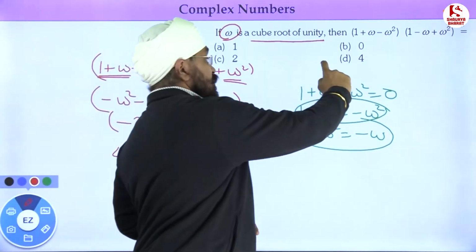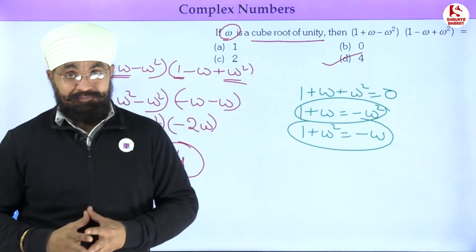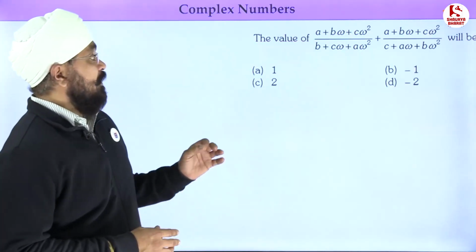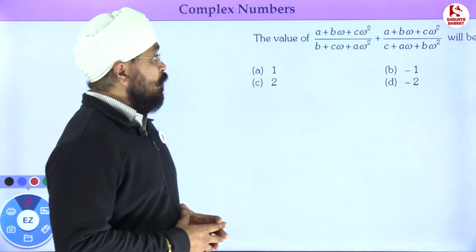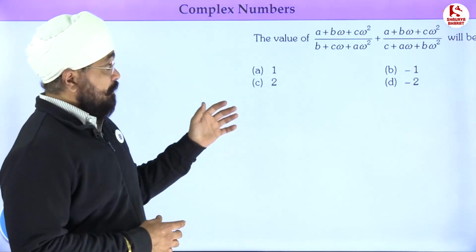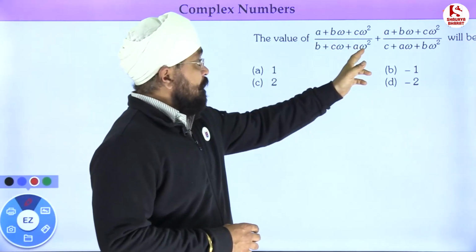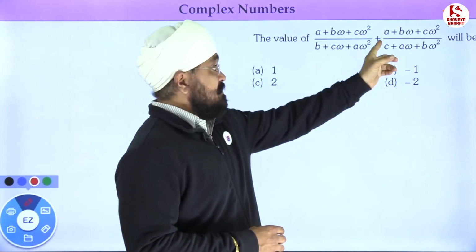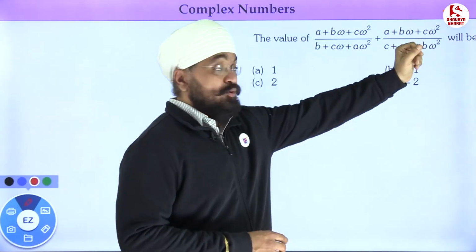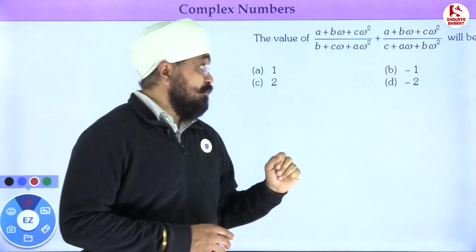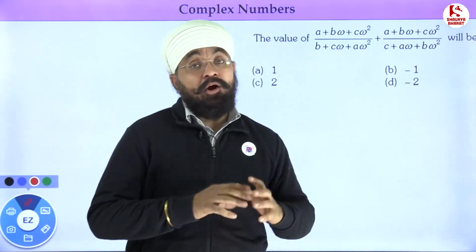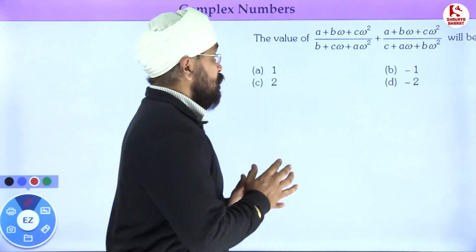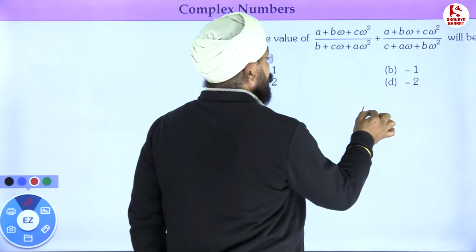So our answer is 4. It's a very simple question. We have to find the value of (a + bω + ω²)/(b + cω + aω²) plus (a + bω + cω²)/(c + aω + bω²). Now to get this, I'll take care of a very simple thing that we know,